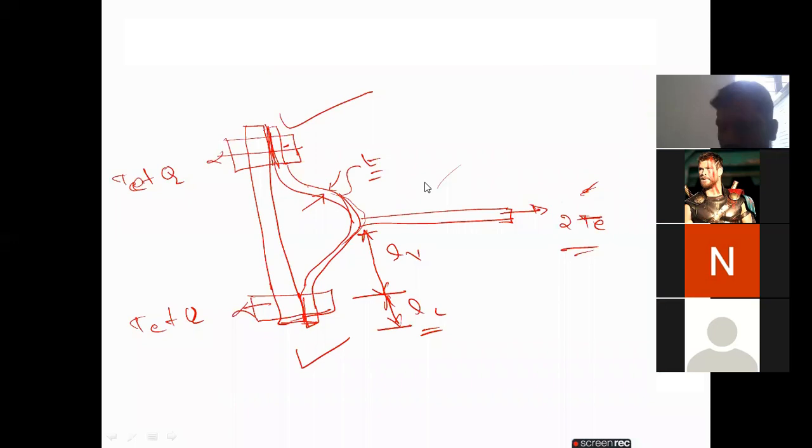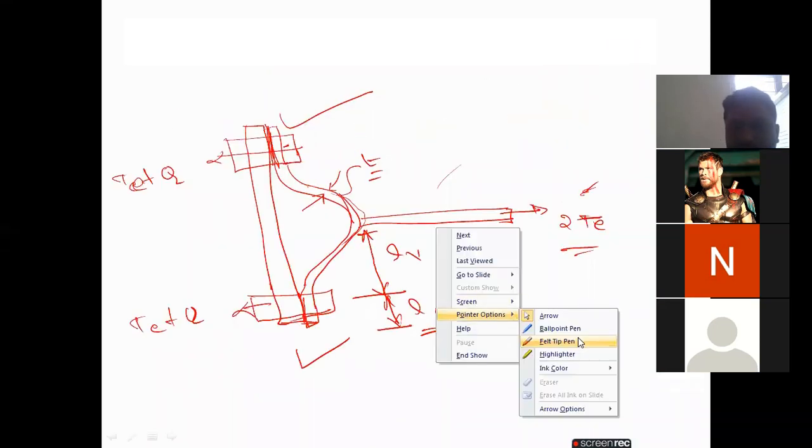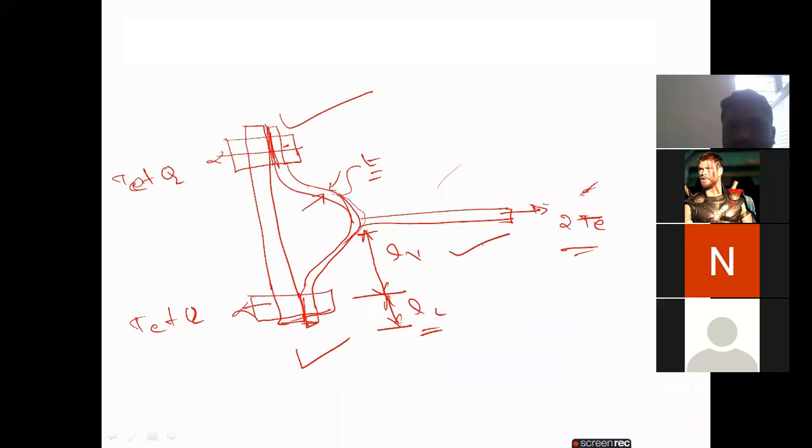Yeah, this one now, what is LV? What is this LV and what is this LC? So how will we take this one? Suppose there is a weld here to connect the joint, and again here there is a weld. From here to here we denote with LV, and from the center point of the bolt to the edge of the plate we take as LC. Anyway, I will write each and everything clearly.